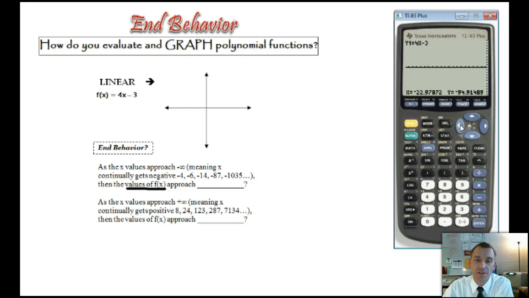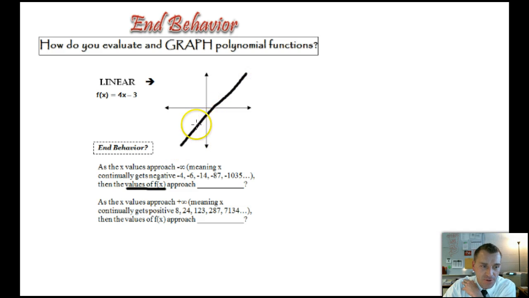But what I want you to notice now is this. As my x values are going more negative, they're approaching negative infinity. What I want you to now focus on is what's happening to the y values. Keep watching. So these x values keep getting smaller and smaller and smaller. Notice what's happening to the y values. They keep going more negative. So to finish this particular chart here, what you would say is, as my x values approach negative infinity, the y values are approaching negative infinity as